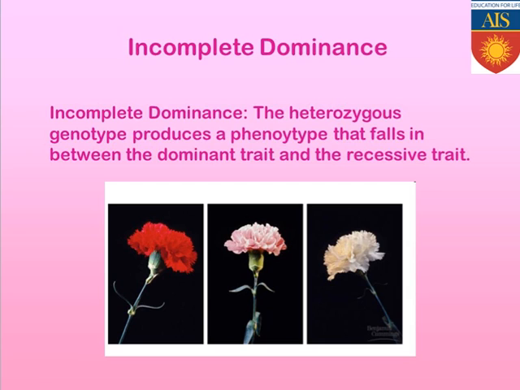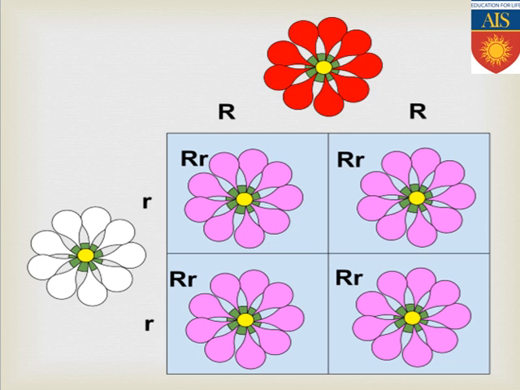They have a red flower, where red color is the dominant allele, and a white flower, where white color is the recessive allelic feature. So when the red-colored flower and the white-colored flower are crossed, you automatically get flowers which are all pink in color. According to Mendel's postulate, all the flowers would be red, because red is dominant over white, but here the dominant feature is not expressed, and the recessive feature is not expressed either. Both features get mixed, and after mixing they show the pink color.